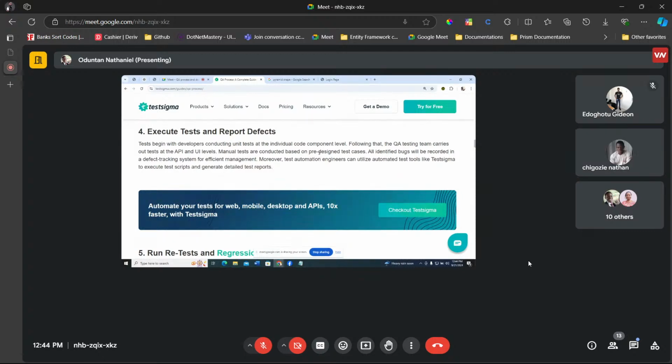So manual tests are conducted based on pre-designed test cases. So for the execution of tests and reporting defects, we say identified bugs will be recorded in a defect tracking system for efficient management. And we can use tools like Test Sigma. I'm making use of this site. This site can help us to record